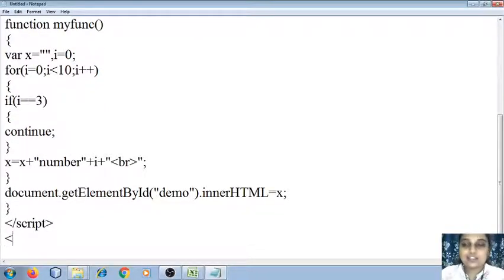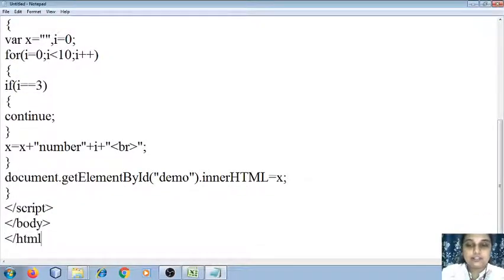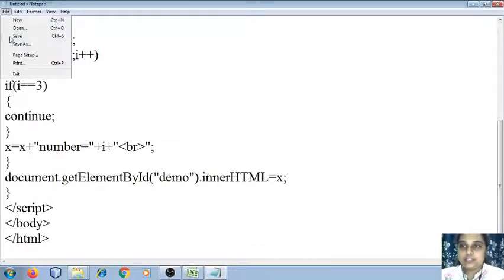It is nothing but just the illustration of one important thing you will find, which is continue. All right, so then close body and then HTML. Okay, so this is how we are going to create the program when you want to skip a certain part. So I'm going to write it as number is equal to plus I. I'm going to save this one.